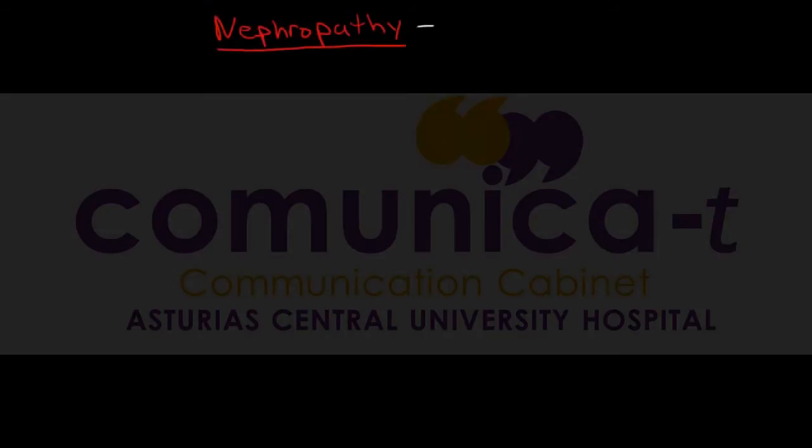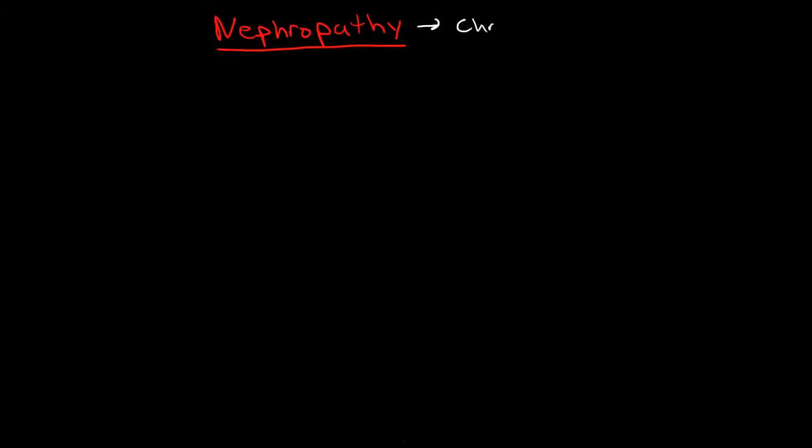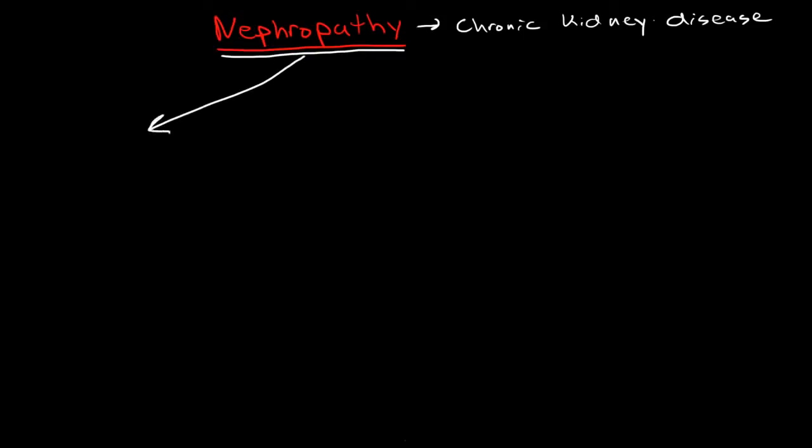Nephropathy. Now, this is essentially synonymous with chronic kidney disease, but it explains more what's going on in the tissues. So, it's chronic kidney disease due to changes in and damage to the nephrons. Now, there are literally hundreds of different causes of nephropathy, but the most common causes of nephropathy in this country